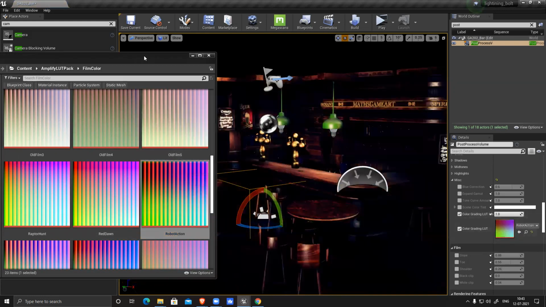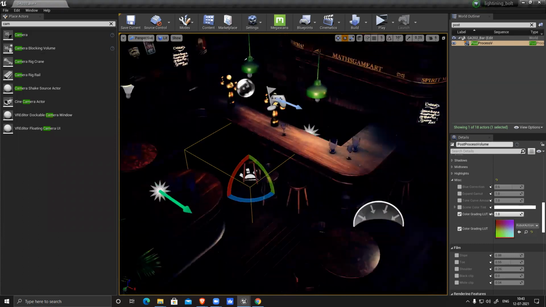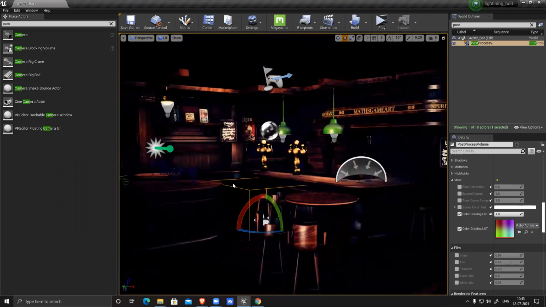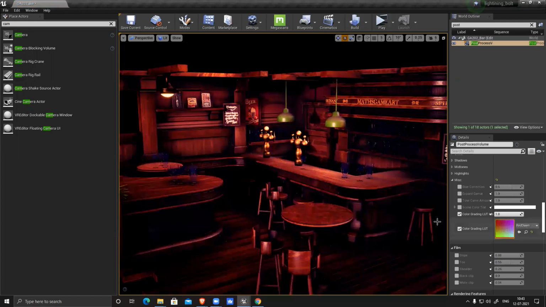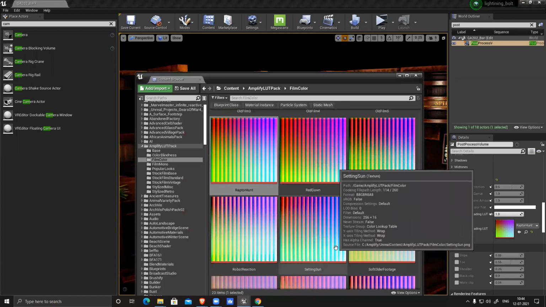You can see it changes the entire scene lighting. Everything is a little reddish. You can see we have a lot of presets.